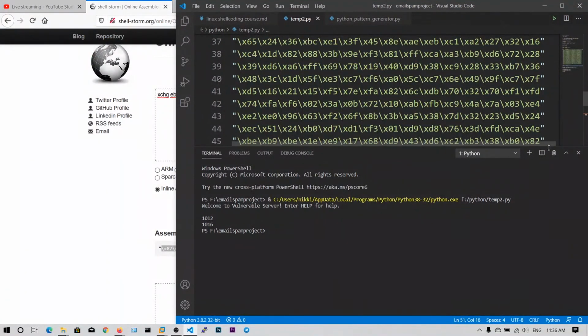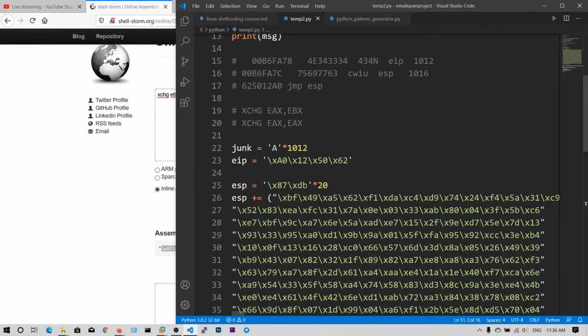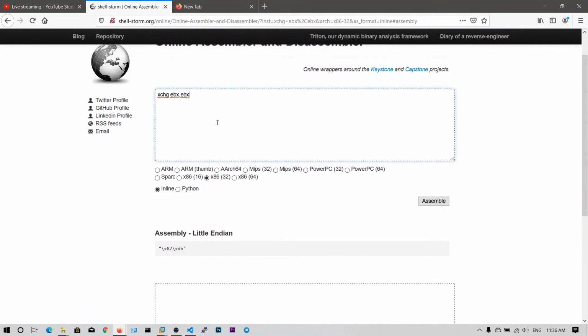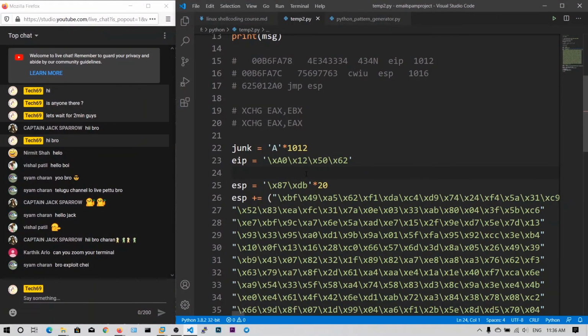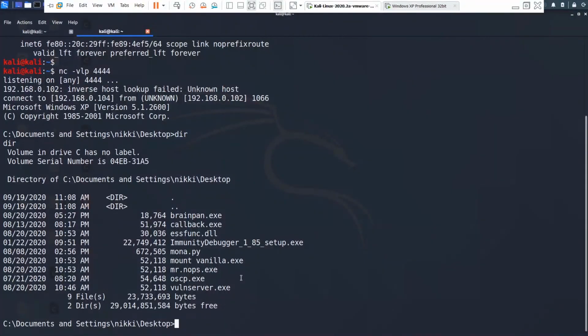So the objective of this challenge is not to get the reverse shell, but to learn the number of ways to use the NOP instruction. This is one way to use the NOP instruction, XCHG EBX, EBX, so that if any application turns NOP into the null byte, we can use this instruction. So guys, we have pwned the application successfully. You can see the reverse shell here.